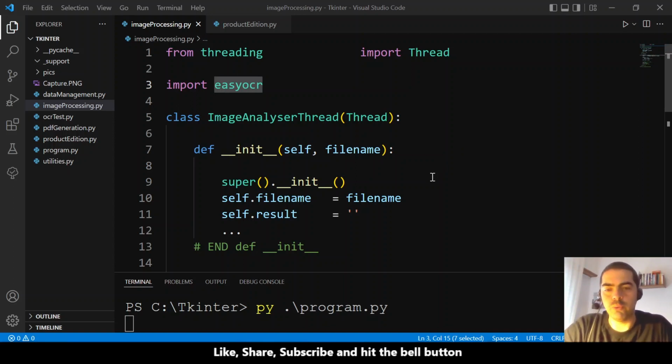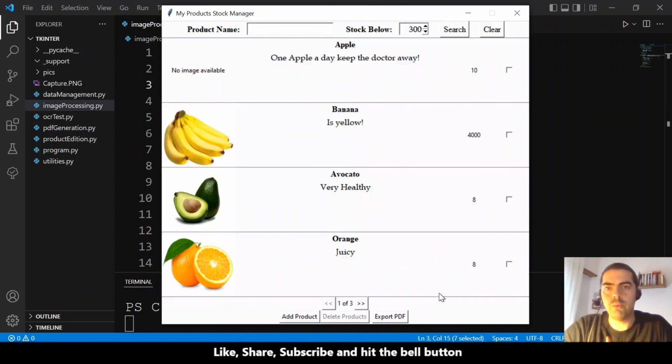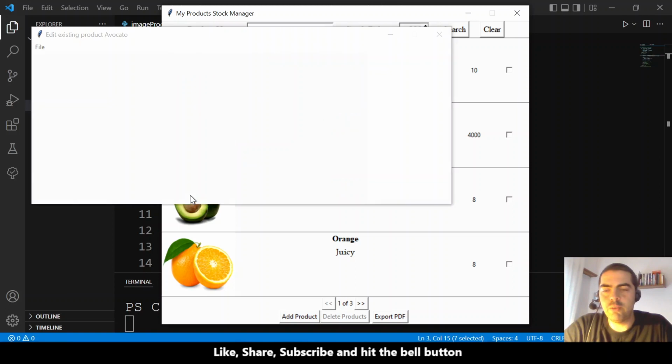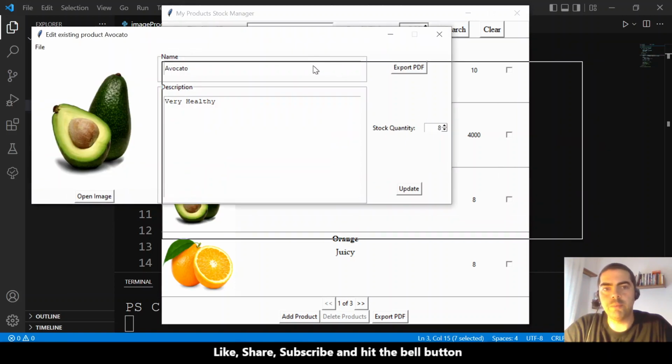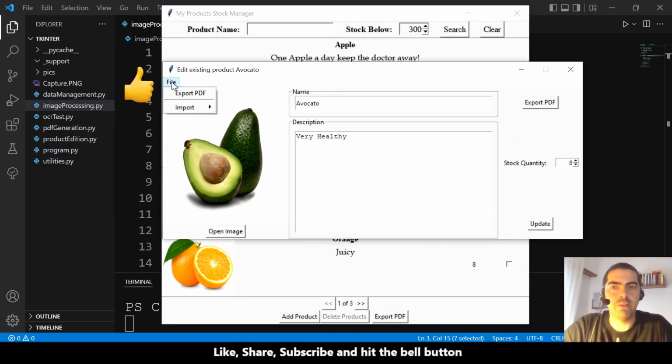And what we will do here, well, we have our super app, right? Let's go here to the edit product. Now we have this menu. I will explain what we will do in this part. But let's imagine